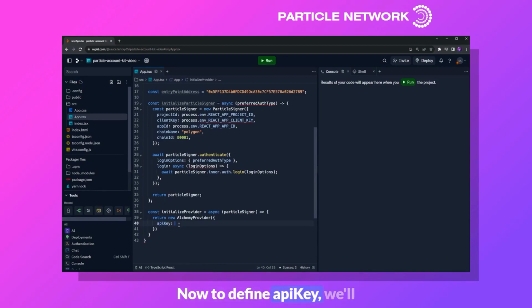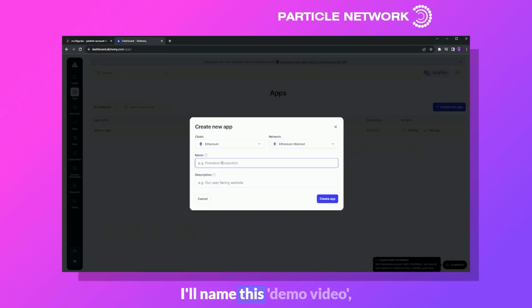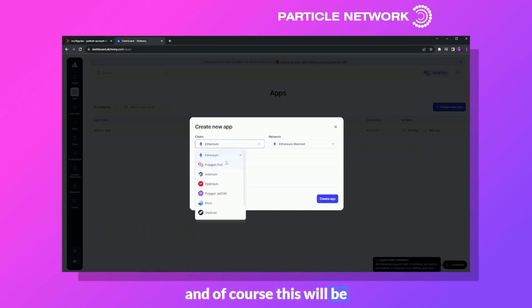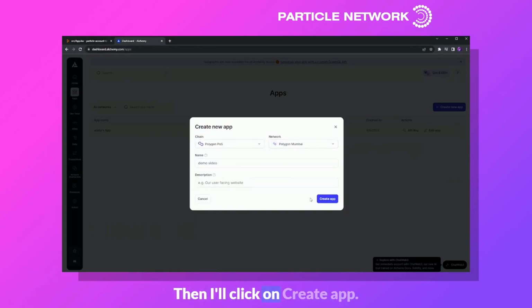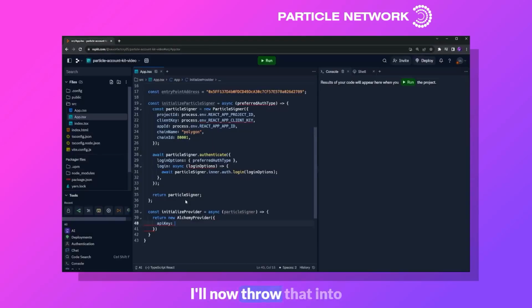Now to define API key, we'll first need to head over to the Alchemy dashboard and create a project over there as well. So now that we're on the Alchemy dashboard, let's head over to the apps menu and then create a new app. I'll name this demo video. And of course, this will be Polygon and Polygon Mumbai. Then I'll click on create app. Now I can head into API key and copy the API key here. I'll now throw that into an environment variable and then continue. So in my case, that's